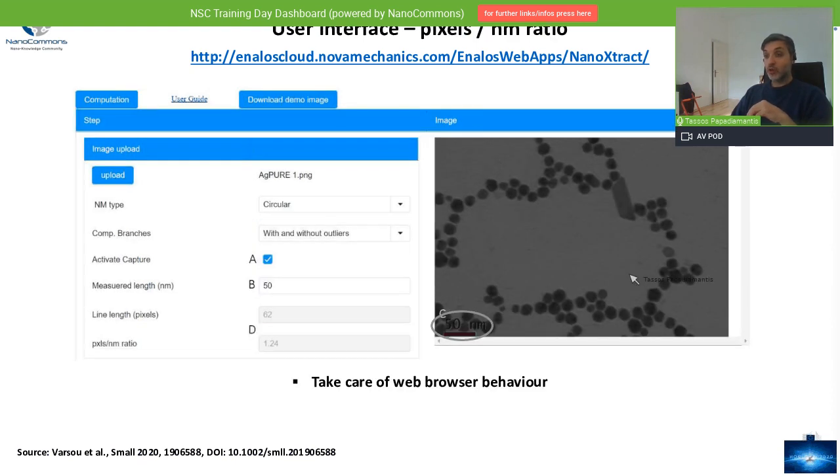And then what you need to do, which is very, very important, and I would like to spend some time here, is that as you see here, every image comes with a scale bar, which you need to identify. So what we need to do is to press the activate capture tick box, and then you need to draw a line into the image that covers the entire scale bar, and then input the number here, it says 50, into the box here in letter B, so that the pixels to nanomaterials ratio will be calculated by the tool and used for all other